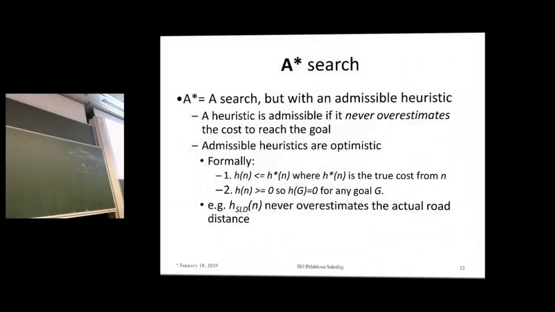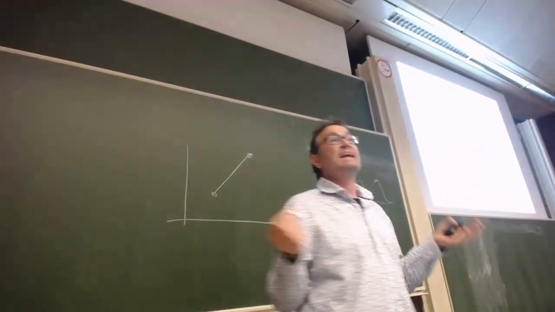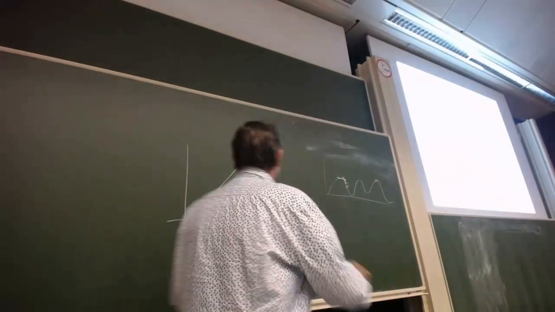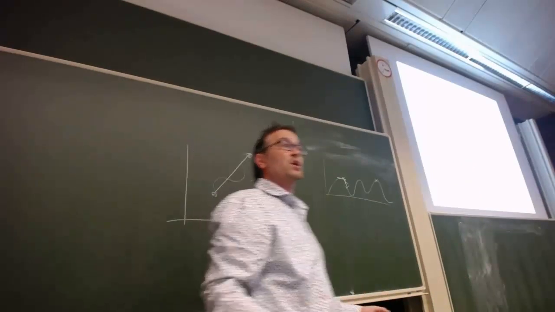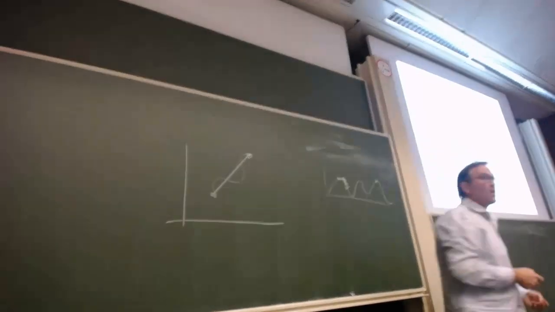So the condition is that the heuristics never overestimate the value. Basically, if you look at the straight line distance that we had, then you can never find a path that is shorter than this one. So this straight line distance is always the shortest estimate of the distance between 2 points. So we know that it can never overestimate, because whatever true way we take will be longer. And that is this property of